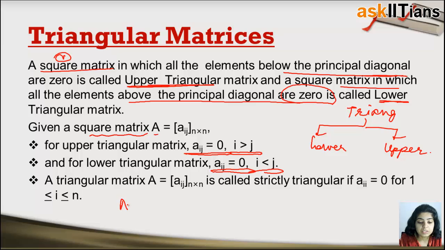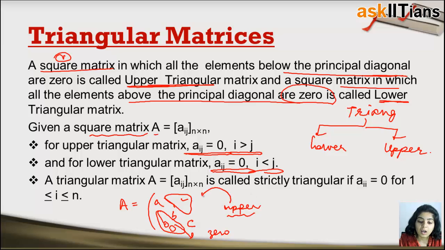Now let me explain this to you because this is quite confusing. You might get confused while learning this. See, when we have upper triangular matrix, just remember that above the diagonal elements, suppose these are the diagonal elements, these elements need not necessarily be non-zero. What we need is that the elements below should be 0, right? If those elements are zeros, then we have upper triangular matrix. You can learn it as in an upper triangular matrix the elements above the principal diagonal are non-zeros and the below elements are zeros, and the converse holds true for lower triangular matrix.